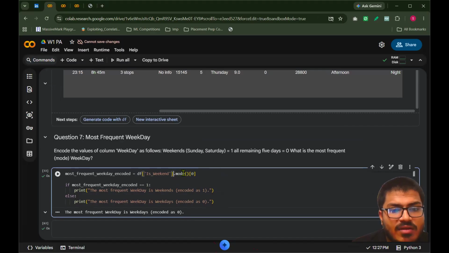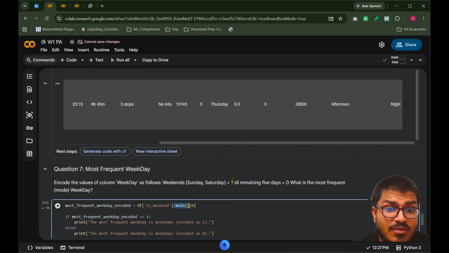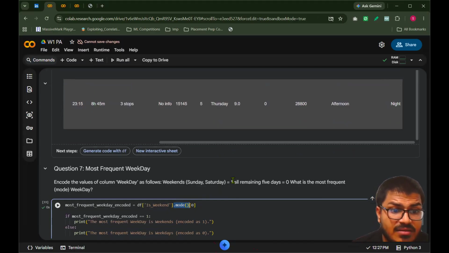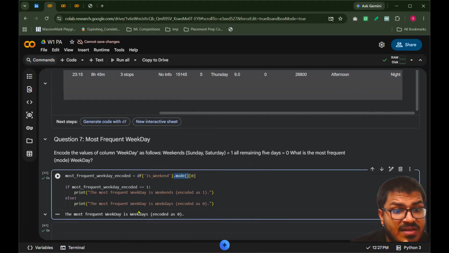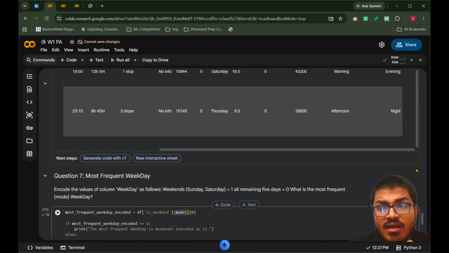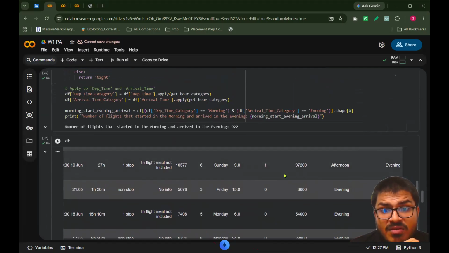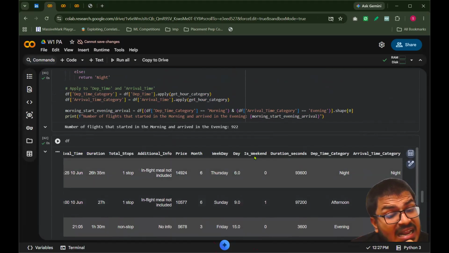बेसिकली मैं मोड कर रहा हूँ यहाँ पर, तो मोड क्या चेक करता है कि मैक्सिमम वैल्यू कौन सी है, मतलब इस वीकेंड में मैक्सिमम वैल्यू क्या है, 0 है या 1 है, राइट? तो यहाँ पर वीकडेज को हम लोग 0 इनकोड किए हैं। इस वीकेंड में व्हाट वी डिड, कि जो भी वीकेंड था उसको मैंने 1 इनकोड किया, और जो वीकेंड नहीं था उसको 0 इनकोड किया। इनकोड मतलब बेसिकली उसके जगह